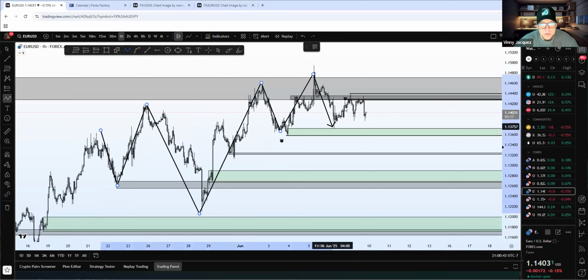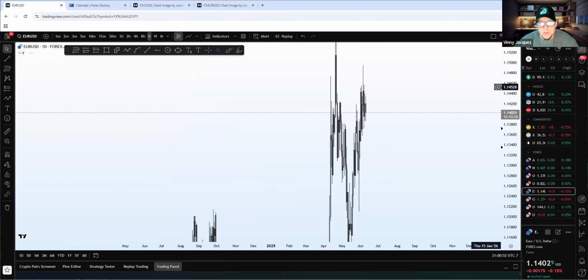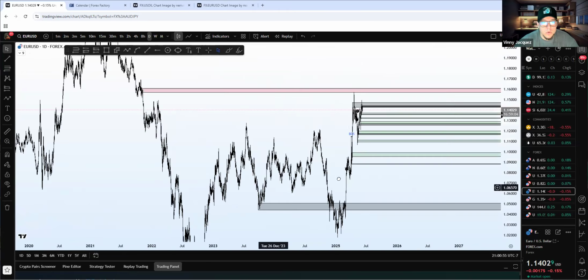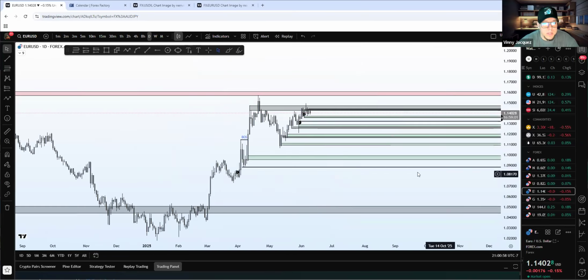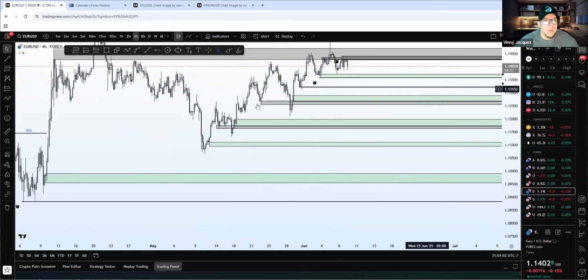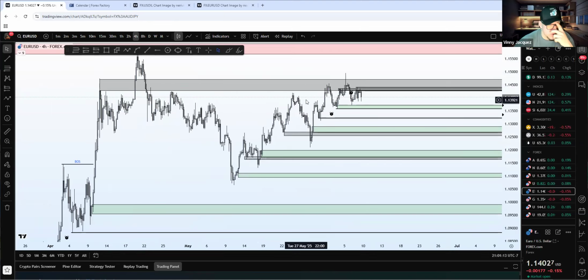We hold this zone. Now, if the market was going to continue, this is the next best buy opportunity to swing, and we can continue that market back up. Which kind of looks good. I mean, market looks fairly bullish on EUR USD, right? And the market is continuing its movement, which is honestly pretty nice. It's a little choppy, but not too bad. It doesn't look ugly. This head and shoulder doesn't look like it's going to hold. I mean, it may, but EUR USD is still fairly bullish.